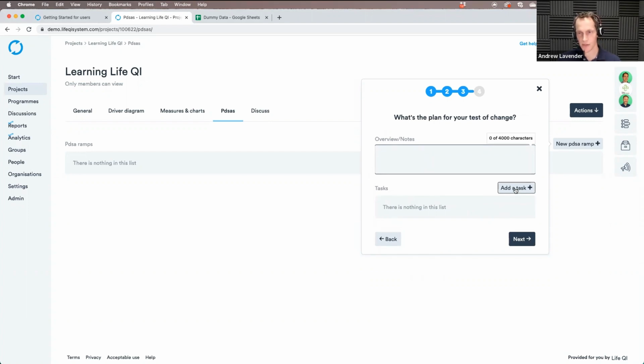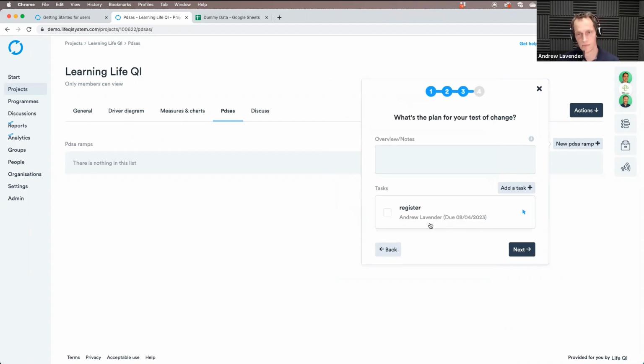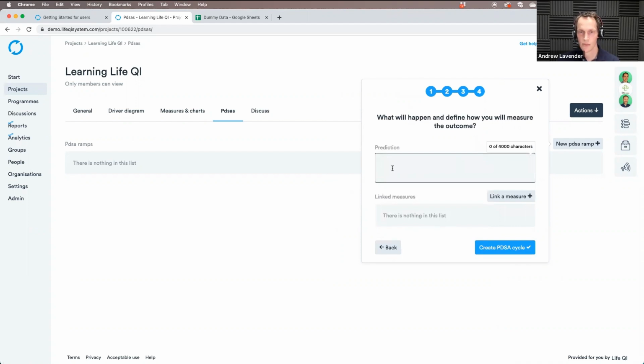This is also your opportunity to build out task lists. So if you had a series of tasks that needed completing, so you need to register for the webinar, give that a date, give that a person who needs to do that. So list out those tasks and ensure that those get completed and ticked off. Add a prediction of what you think is going to happen, and maybe something that you're using to monitor that in terms of something you're measuring as part of your project. So if you've got a measure already set up that you're going to use for that, you can link those here